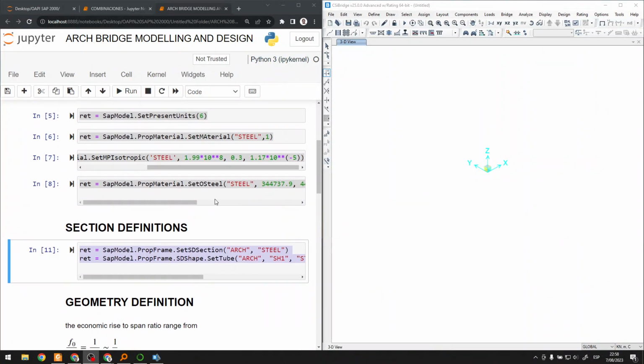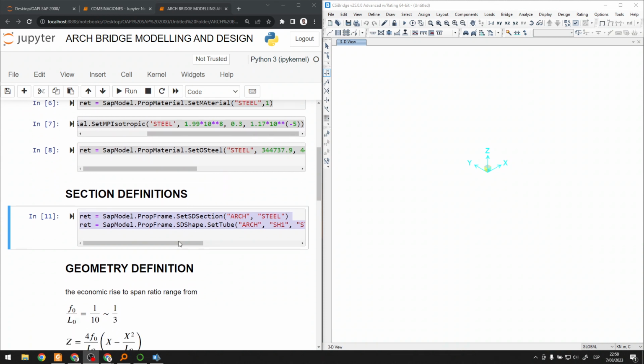After I create the material, now I'm going to create the frame section, and this frame section is going to be named arch, and the material will be the steel that I created before. And to create the section, I have to use a section designer, and to create a tube, I need to use